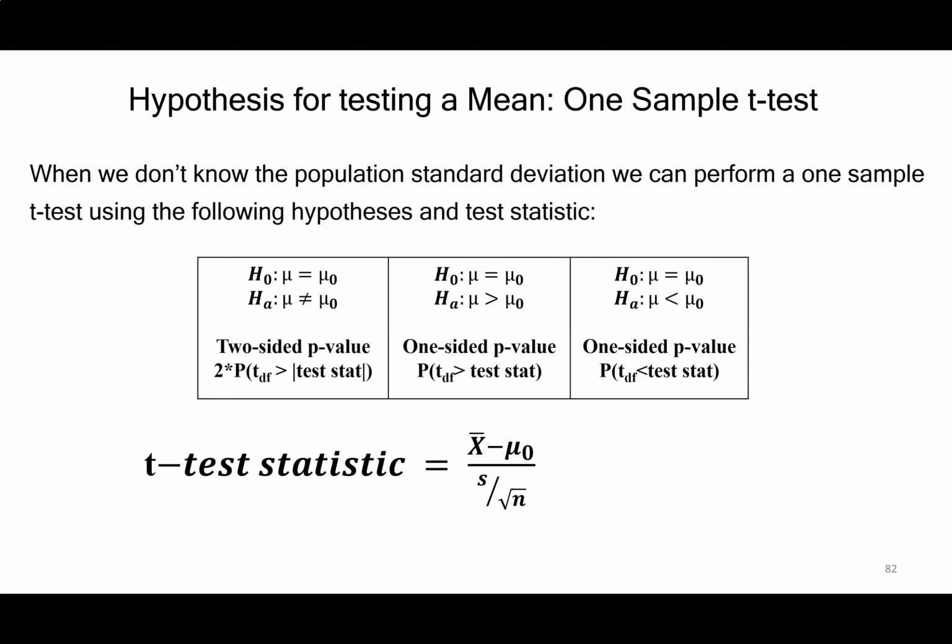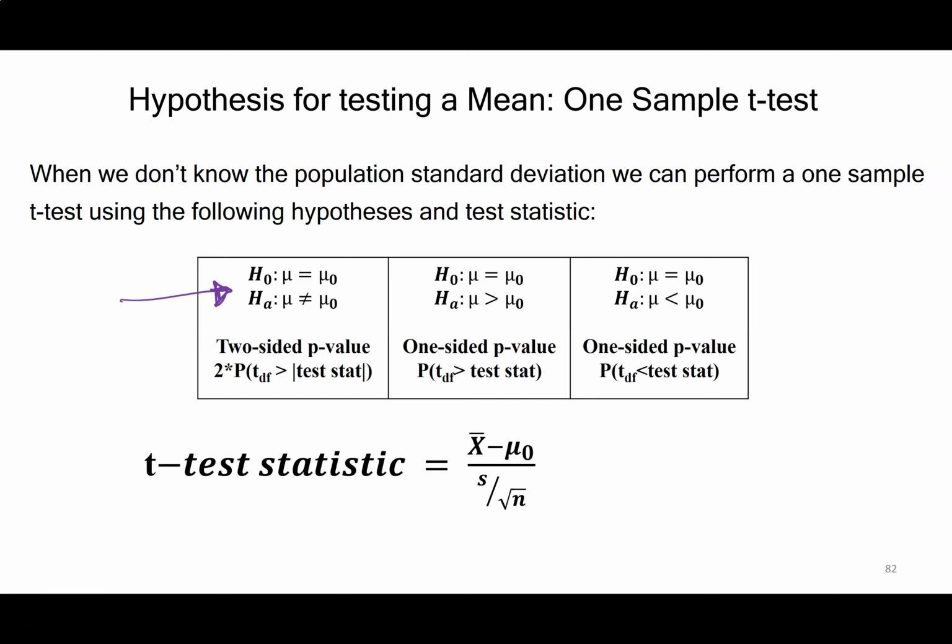So here, one sample t-test. It's called one sample because we're only looking at one mean from one population. Next week, we're going to look at comparing the means between two different populations, and that would be a two sample t-test. So when we don't know population standard deviations, we can perform a one sample t-test that is going to have